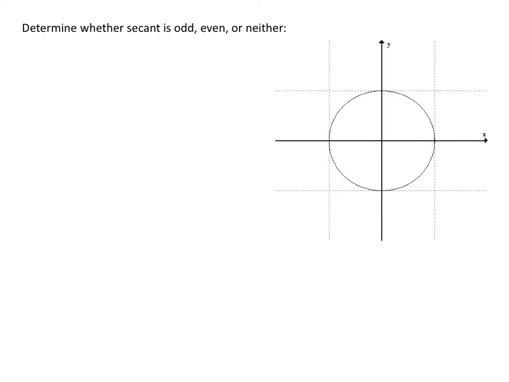So the next question asks, we'll determine whether or not secant is odd or even or neither. Well, we know something about secant. We should know that the secant is the same as 1 over the cosine. Well, if I put negative x in for them,